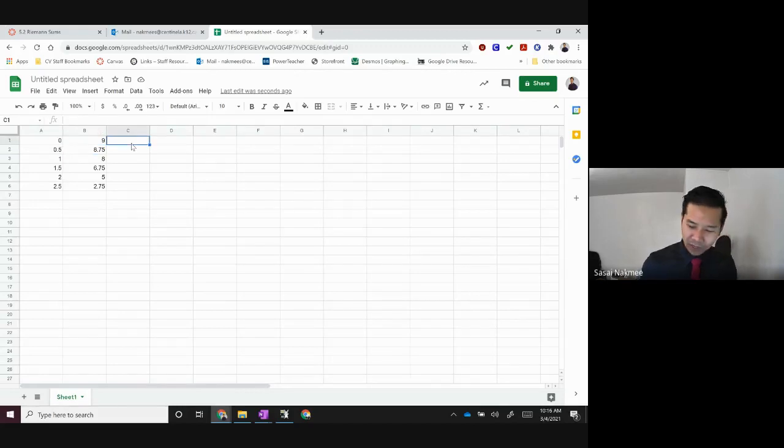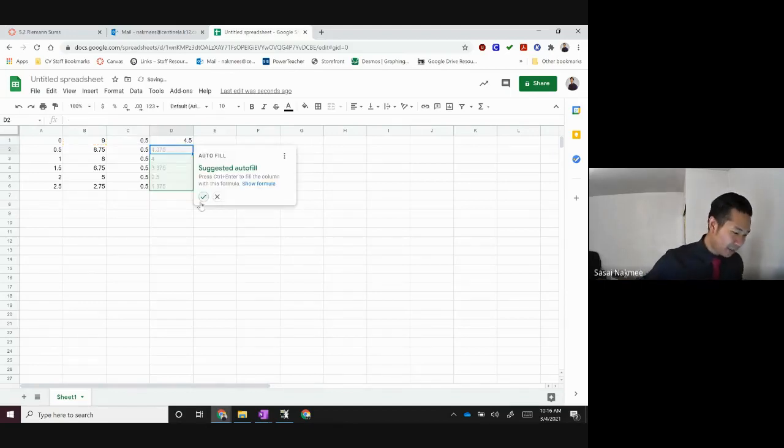Then for part C right here, we still put in the widths of each one. So it's going to be 0.5, 0.5. And if you repeat them, you should be able to drag and have it repeat for all of them. And then right here, this is where I want to multiply the two numbers together. So I want to multiply the numbers in B1. Now be careful, if you want formulas, you have to set equals first. B1, and I want that to multiply with C1. You see that? And go ahead and press enter.